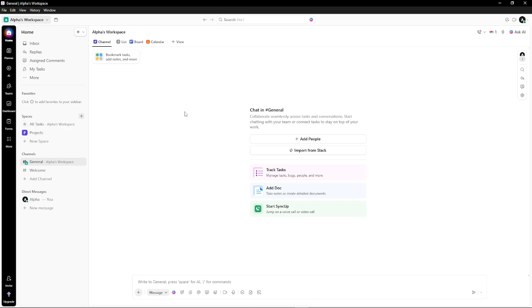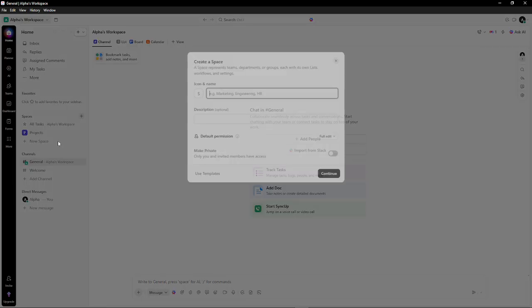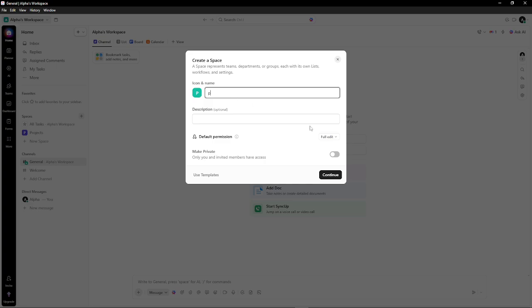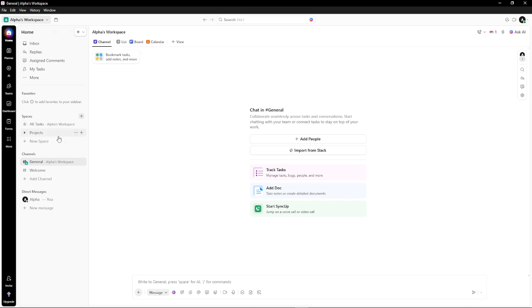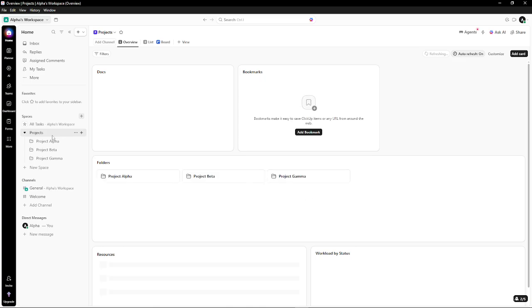Next, create a dedicated space and name it Projects. This space will be the home base for everything related to your active work. When you're setting it up, make sure the list feature is enabled. Lists are perfect for managing multiple projects because they let you group and filter tasks by stages without mixing things